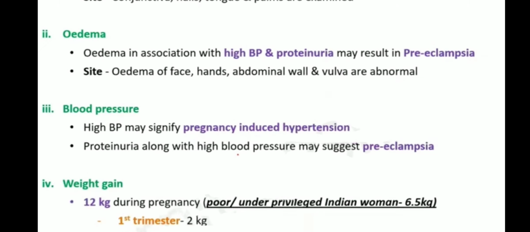Edema is also known as swelling. In the layman language, she will tell you, doctor, I have swelling. Or you can notice edema or swelling, which will appear especially in the evenings and it disappears in the morning. After a full night's sleep, it will disappear. This could be a normal manifestation of pregnancy.